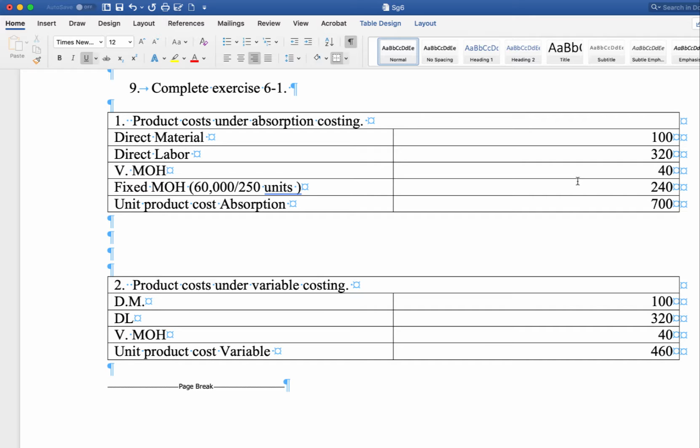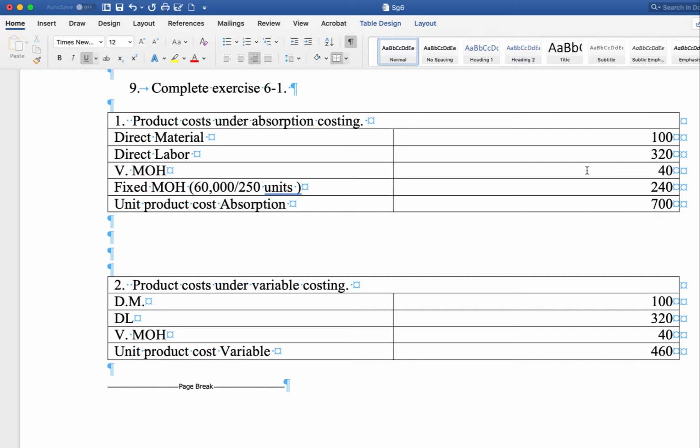Now if you look on the screen here, this is exercise 6-1. And 6-1 is on page 286 and on page 287. So what we did here was we created a template so we can figure out what the unit product cost is under each method. Hopefully by now you've read the chapter and you answered the study guide questions,